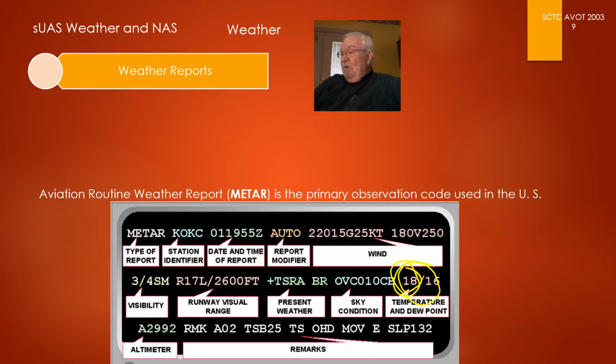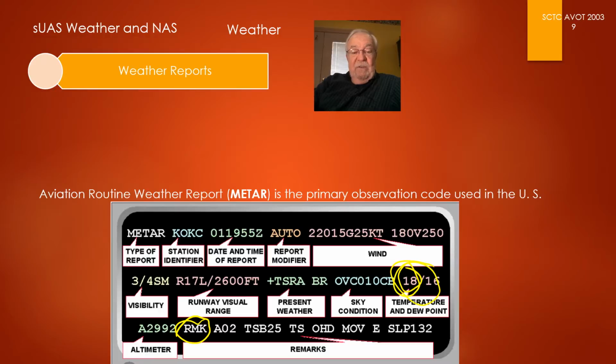So the METAR report includes airport identifier, time of observation, wind, visibility, runway visual range if necessary, present weather phenomena, sky conditions, temperature, dew point, altimeter settings. That's the body of the report. Further down there, you'll see remarks. That's the extra part to explain what's going on, perhaps.